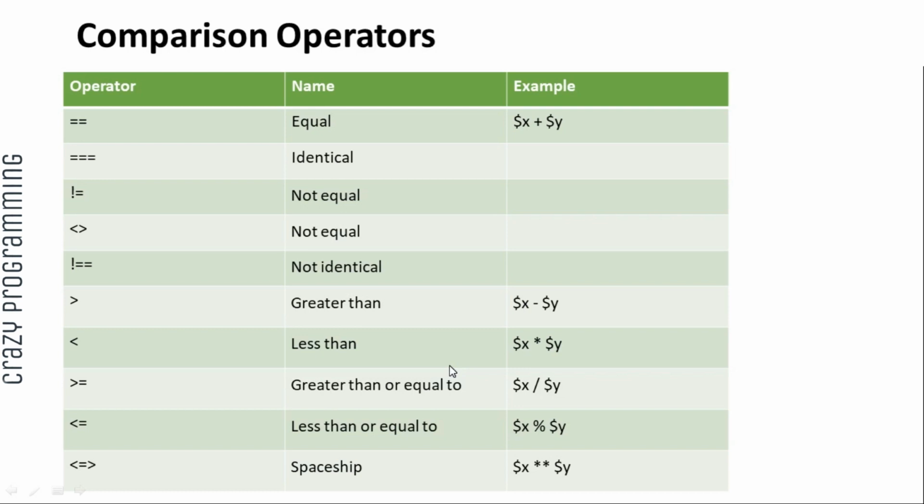And then the next one is the greater than angular sign, that means greater than. If you want to do a greater than or less than, then we can do that, less than also. Okay, and then greater than equals to looks like this, and then less than equals to looks like less than or equals to. Okay, it means less than angular sign and equals to. Okay, and less than equals to greater than, it means spaceship. All right,